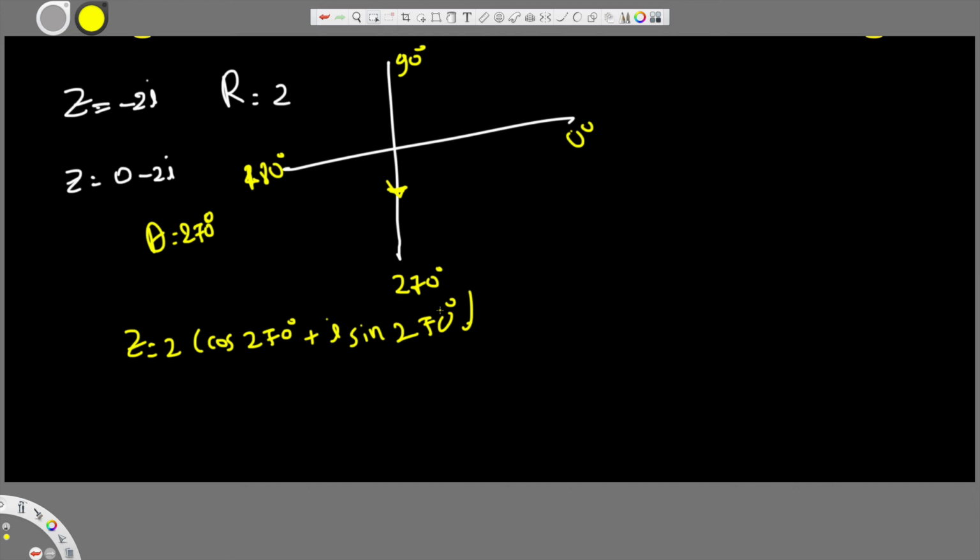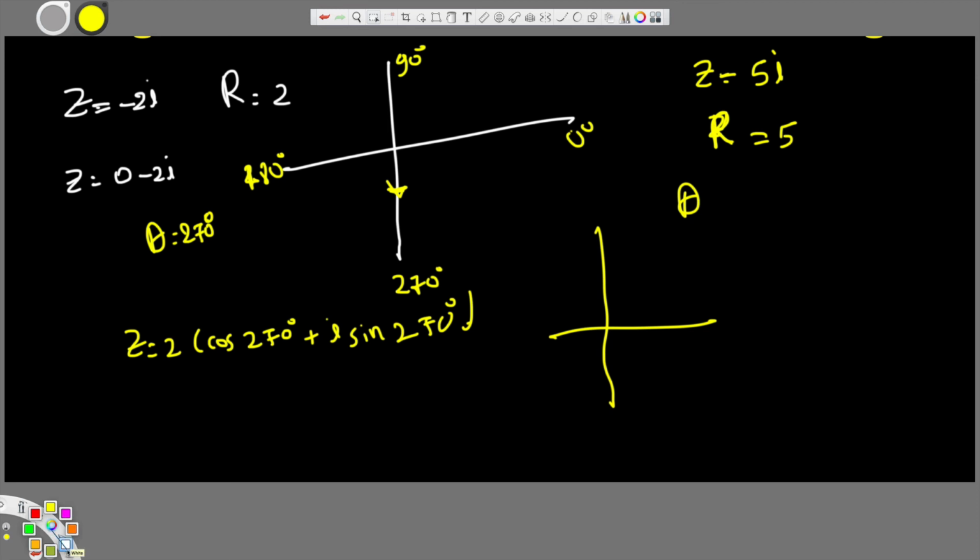Now we can also see one more similar to this. Let's say z is equal to 5i, and here r takes the same place as z, since we have just one number, that is 5, and then for theta, we have to see which quadrant it is in. Since we have just one number, we can directly find out by looking at which quadrant. r is positive 5, but it is an imaginary number and positive, so it means